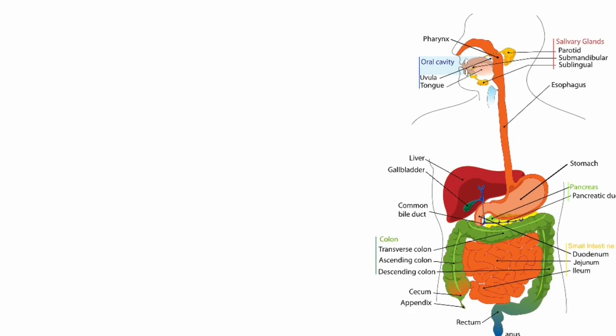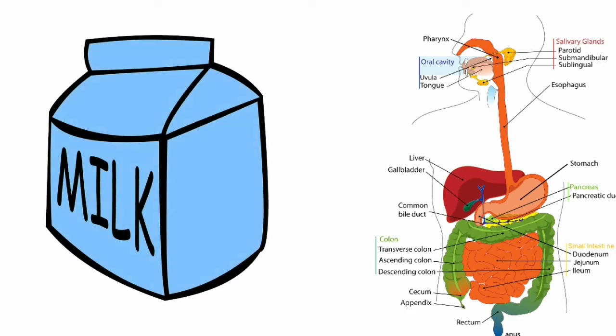Calcium is absorbed from the first and second part of the duodenum, and this calcium absorption requires energy because it is absorbed against the concentration gradient. There are some factors that influence the absorption of calcium, that is, there are some factors that increase and some factors that decrease the calcium absorption from the intestine.